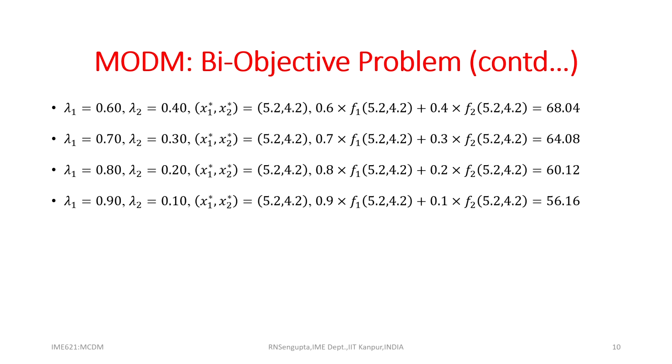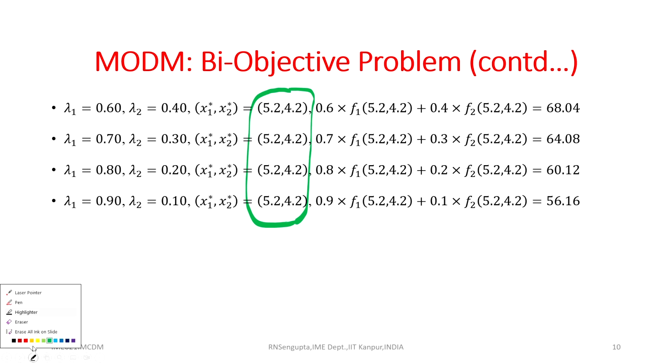We are putting all the weights. So, my apologies, lambda 1 is 1 and lambda 2 is 0, that means we are putting all the weightages to objective function 1, f 1. Now, if we check the x 1 star, x 2 star values, they are as given, 5.2 into 4 and 4.2, and the corresponding values of objective functions are